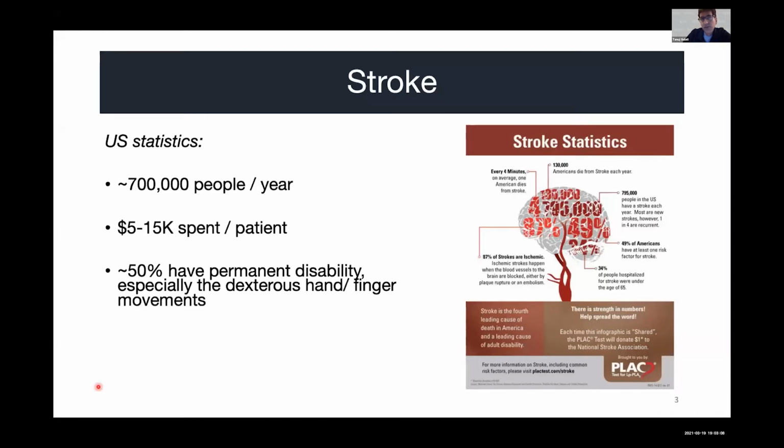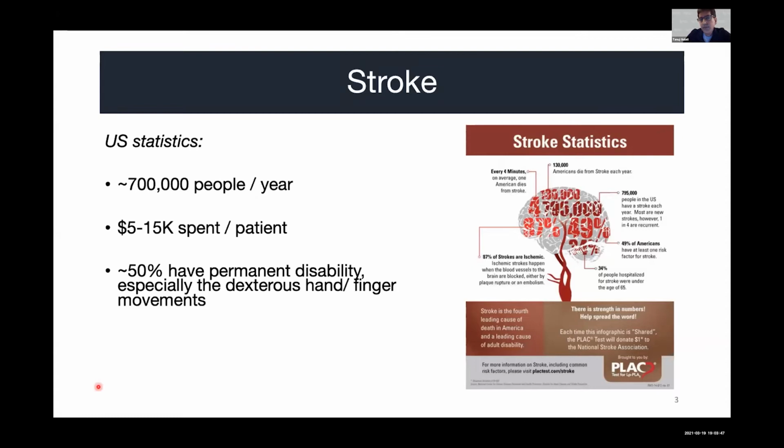A lot of patients go on to have permanent disability after a stroke, especially of the hand and finger movement, the dexterous movement. So it's a huge problem worldwide. And what we are seeing of late is that people get to the emergency room within time. Earlier, we used to see a lot of casualty associated with stroke, but now people go on to live, but they don't go on to have fully functional lives. They have a lot of disability, because we've had some improvements in getting them care.